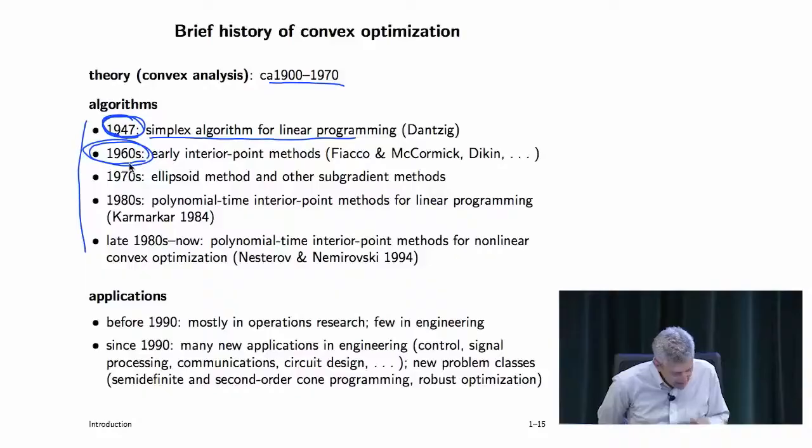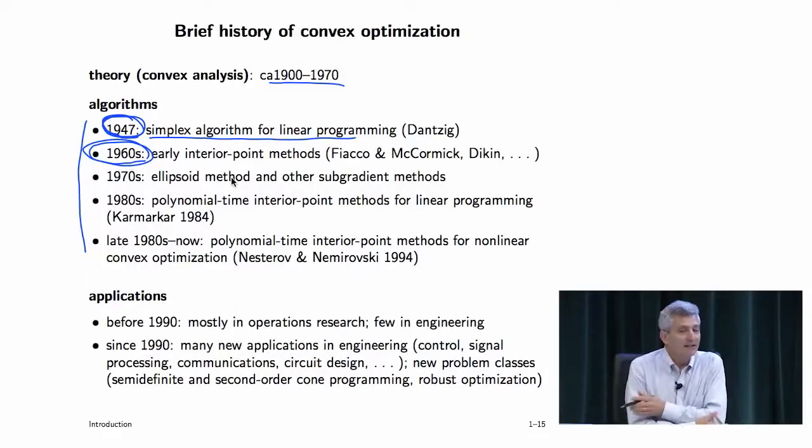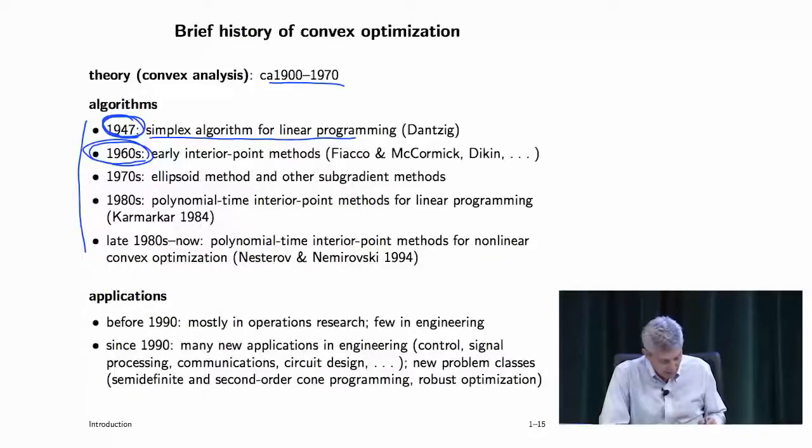Okay. Now, part of something interesting in this class is that in the 60s, there were some early attempts at interior point methods. We're going to study those in maybe the 8th and 9th week of the class. So a lot of the stuff we're going to look at is not new. By the way, some is very new, like some of the applications. Some is new, but a lot of it is not new. It traces to the 60s. In the 70s, there was work out of the Soviet Union on methods called the ellipsoid method and subgradient methods. We're actually not going to cover those in this class, but I think it's another very important milestone.